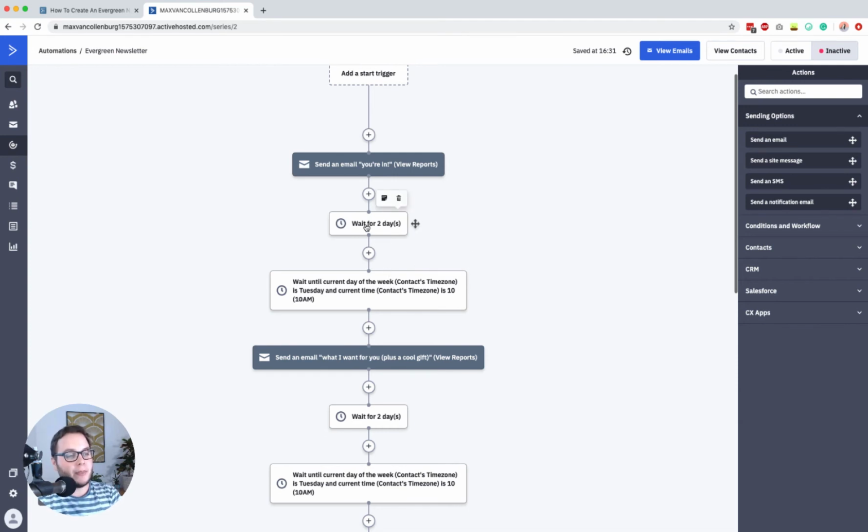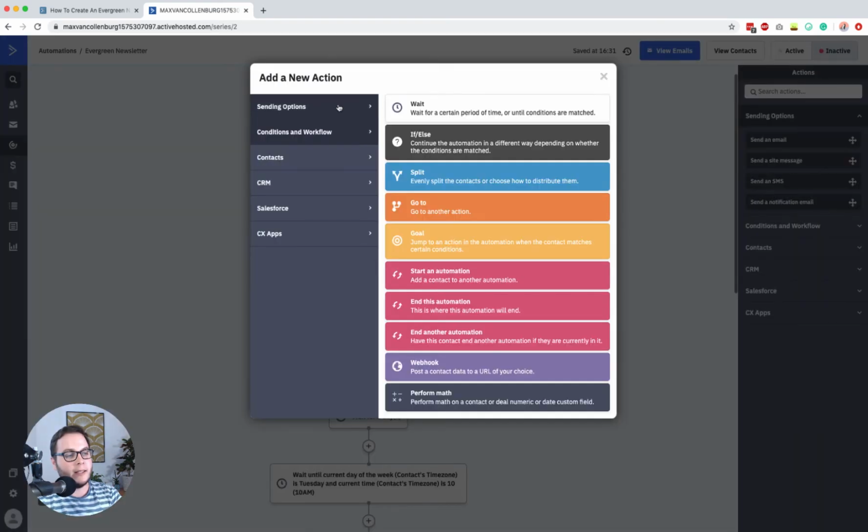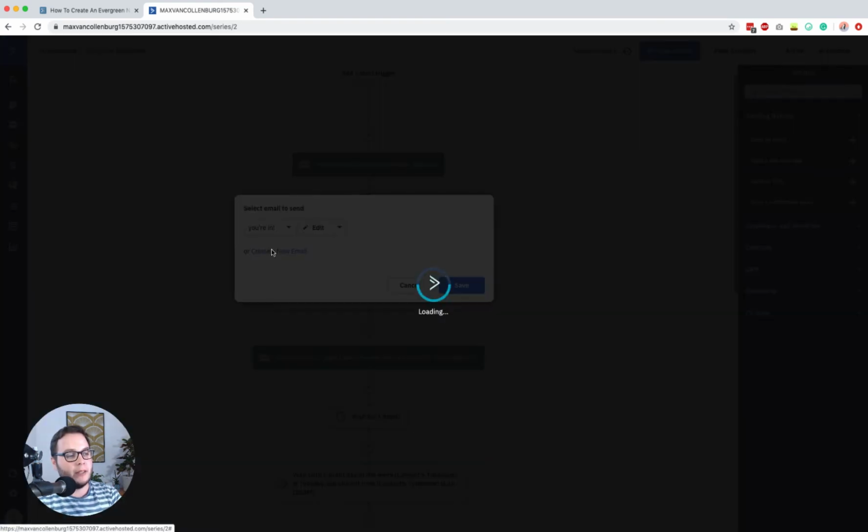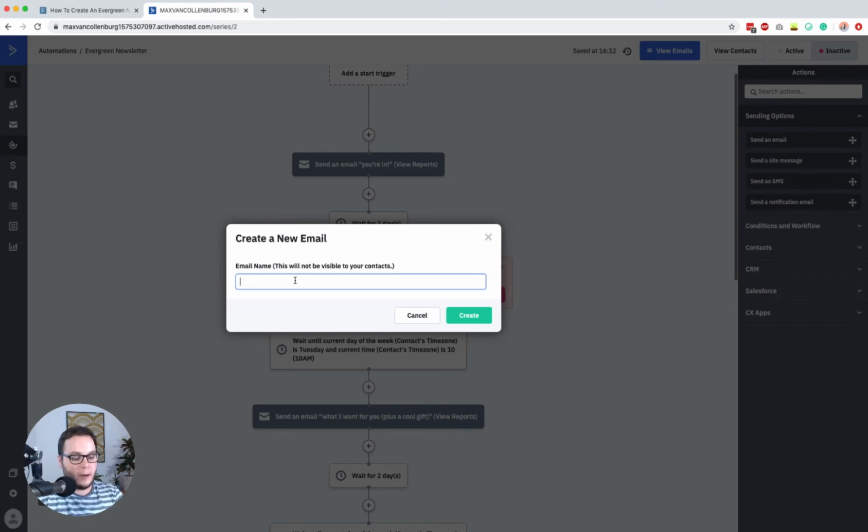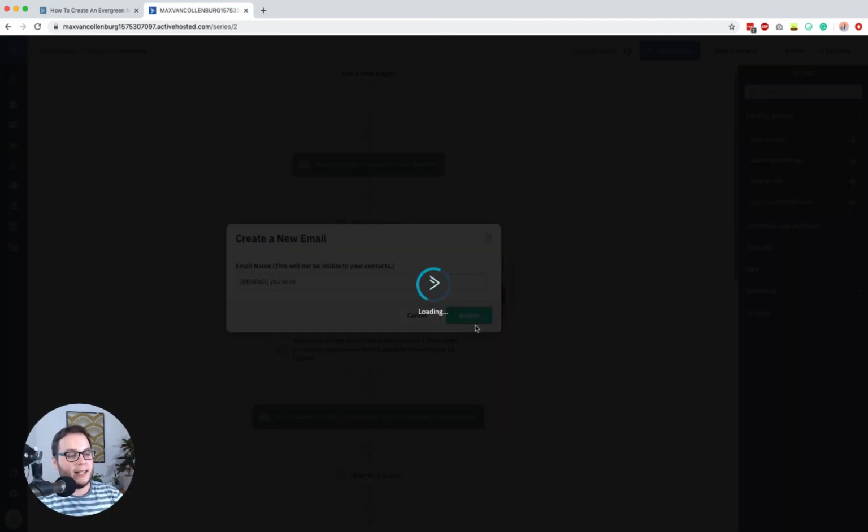So what I'm going to do is, after this 2-day delay, so that's already there, so that's also handy, we're going to add a new email, send an email, create a new email, and then I will call it resend you're in. So do not confuse this with the email subject. This is just the email name inside the automation. This is not visible to your contacts. So I just like to use the name of the thing before, and then between brackets I name it resend, just so that it's clear, like this is an email that we're going to resend. So then I click create,